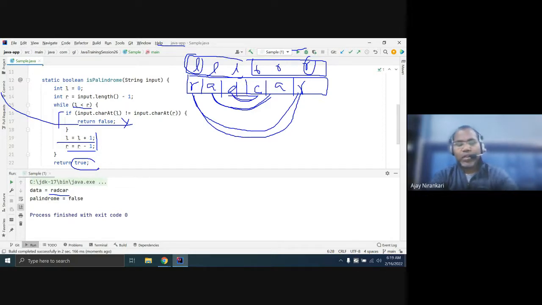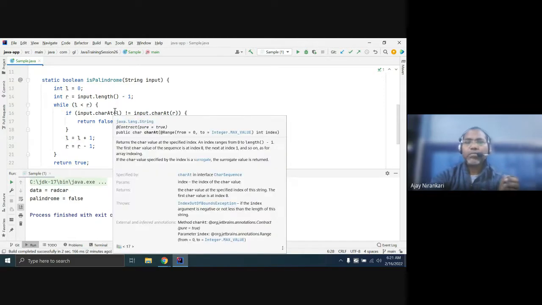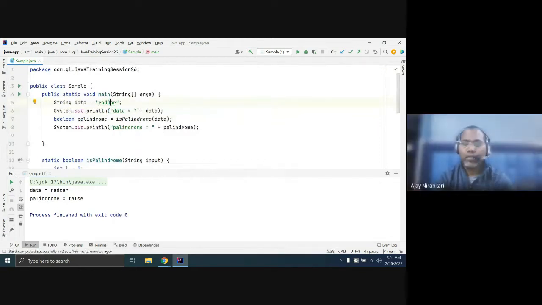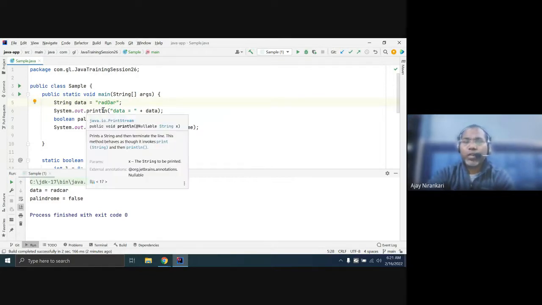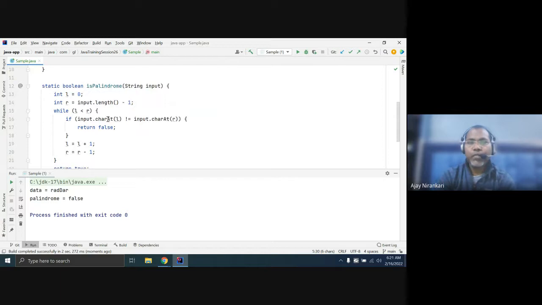In this, we have added one question about the case insensitive scenario. If small d and capital D are both considered, in this case it will fail, because small d and capital D do not match, since here we are comparing with the ASCII value.